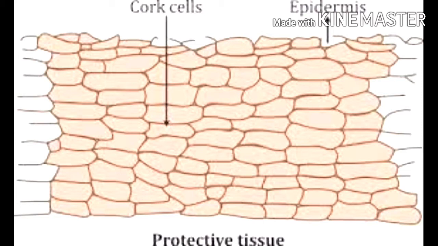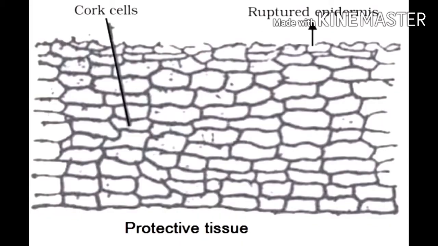What is cambium? Cambium is the region which causes growth in thickness. And lateral meristem increases girth. It increases the diameter of root and stem. So cork cambium forms layers of cells which constitute the cork. And cells of cork are dead and compactly arranged without intercellular spaces. There is no intercellular space between the cells. And these cells are dead. In their cell walls, they have a substance called suberin.